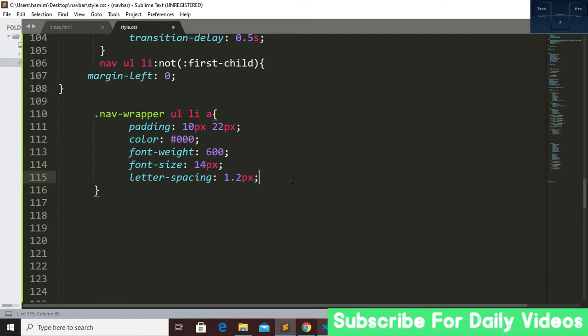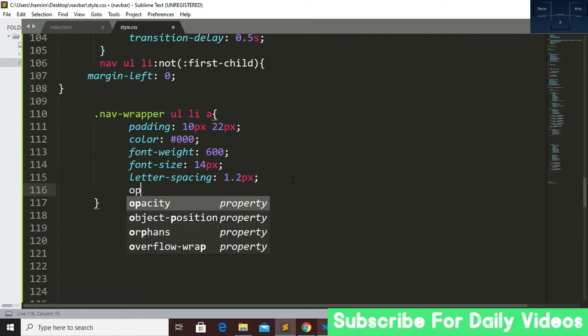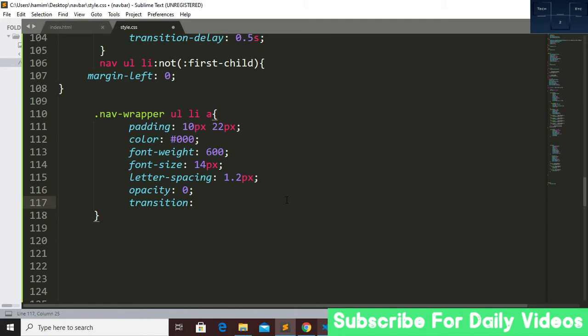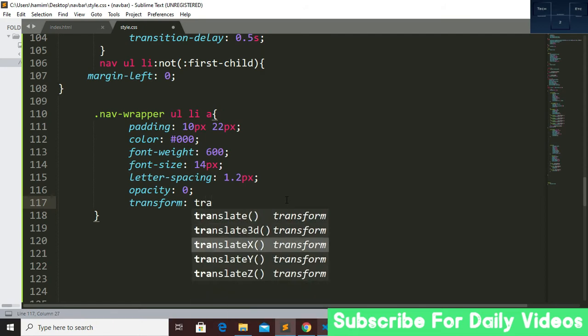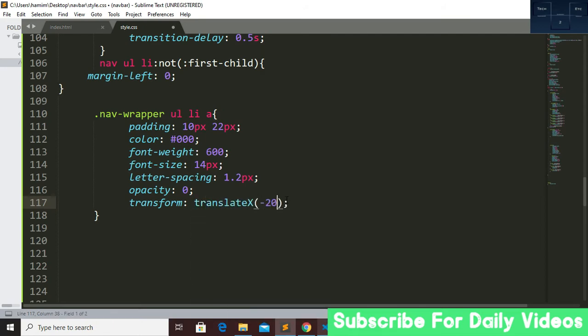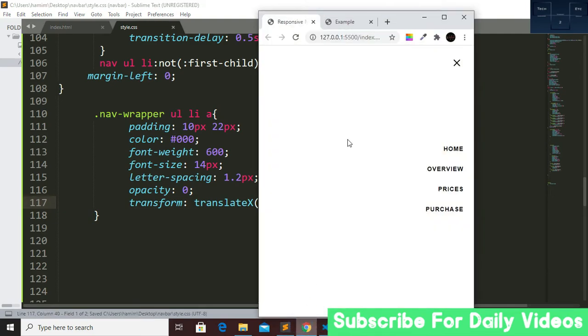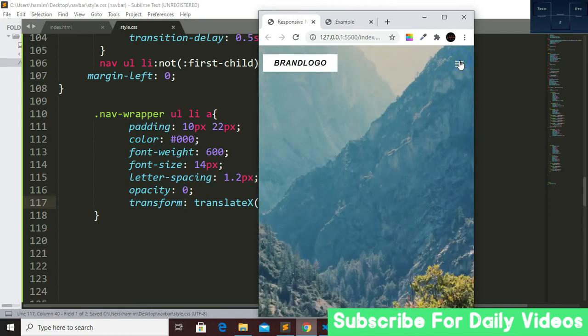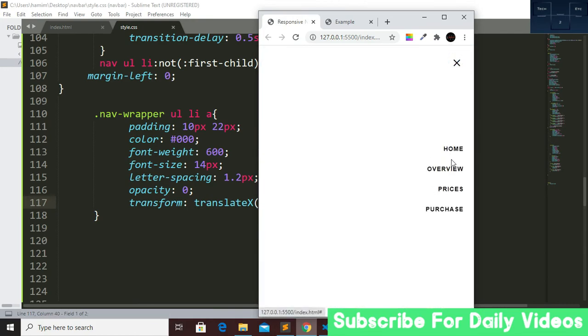Now I don't want to show these things now, so that's why opacity will be 0. Transition and transform, so I want some transform, and translateX will be minus 20, not percent, it will be pixel. I am creating this because you can see that if we click on these things, the navigation comes from the left side.